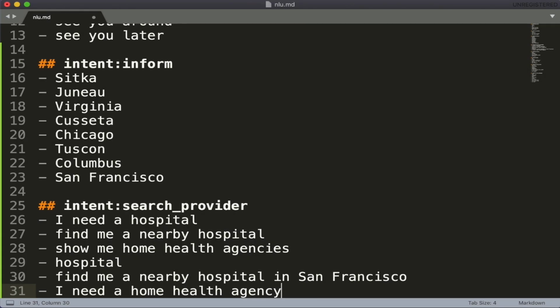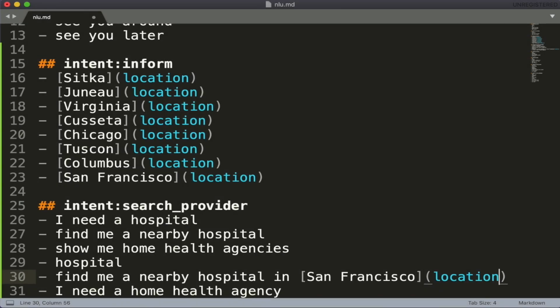If we train the NLU model right now, it will only be able to classify the intents. But as you might have guessed, there are some important details, like location, that an assistant should extract and use later on when driving the conversation. To teach Rasa NLU to do that, we have to label the entities as well. Entities are labeled by adding square brackets around the word which should be extracted as an entity and defining the label of the entity in the parentheses next to it. Let's label all locations in our NLU examples and provide them a label location.